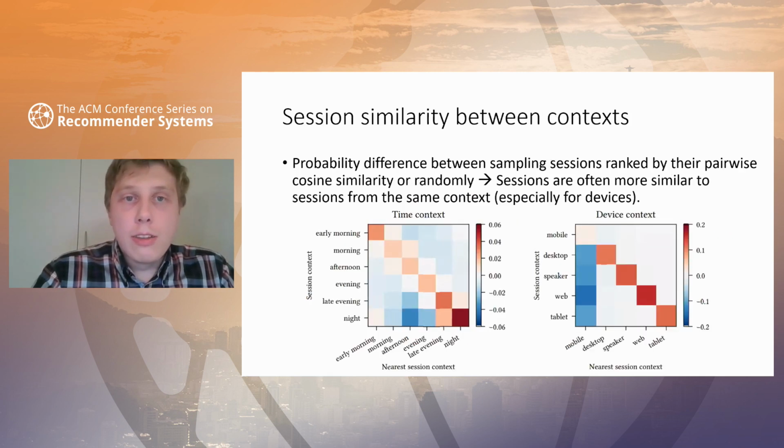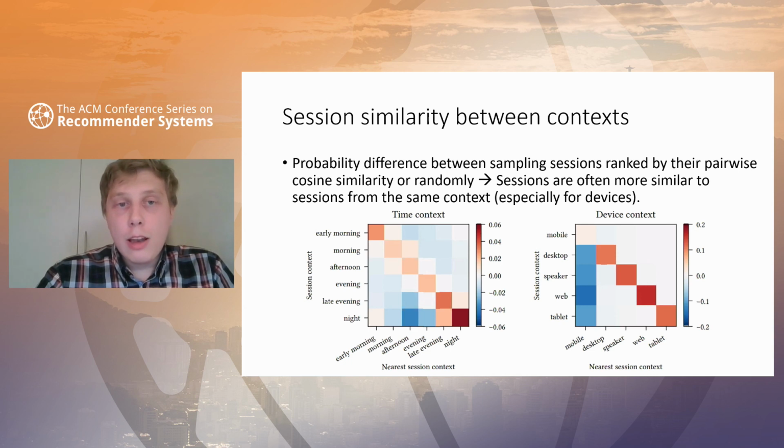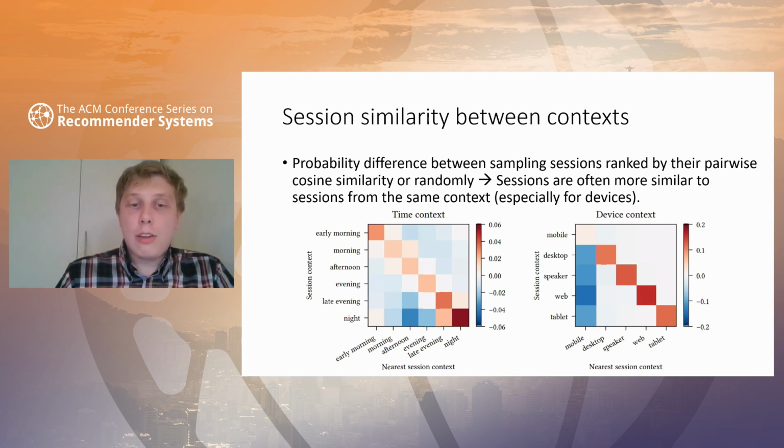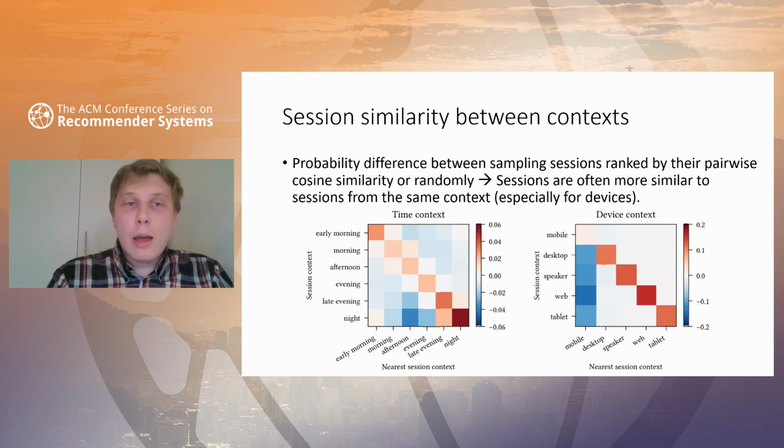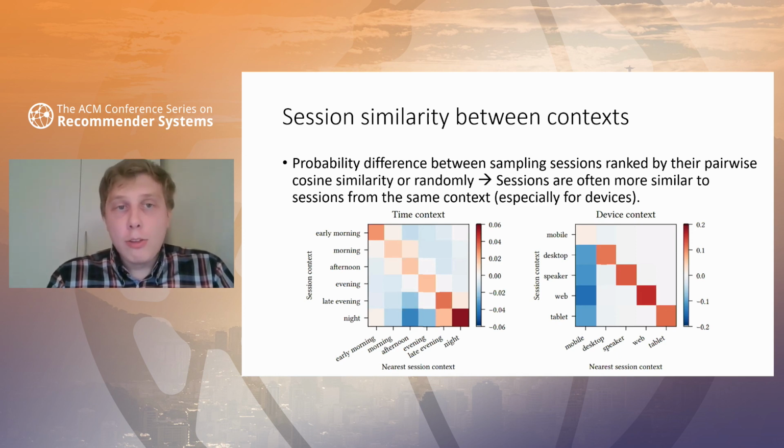Then we can also look at the session similarity between the contexts. What we do is that for each user we take a session, and then based on the session embeddings we find the nearest session, and then we look at those two contexts, and we can plot that into a heat map, normalize the rows, and then we can get a probability distribution. Then since some users might only listen to music in a few different contexts, we also do a random sampling instead of the nearest neighbor and subtract that. This means that we get a probability difference heat map between sampling sessions ranked by the pairwise cosine similarity or